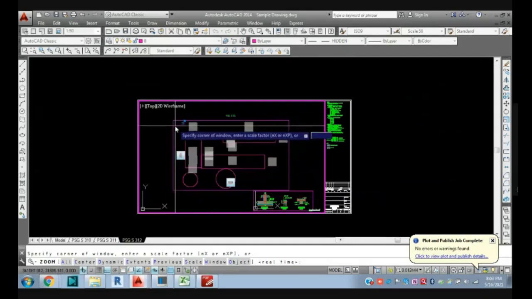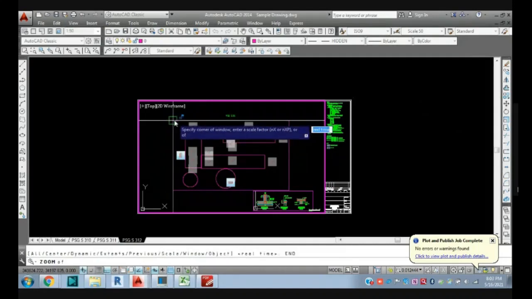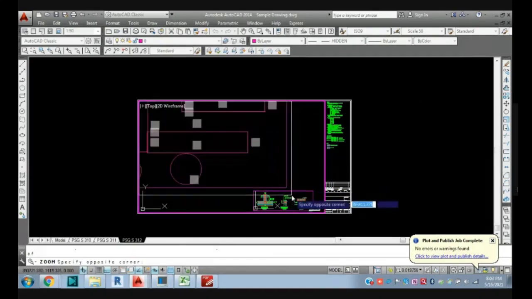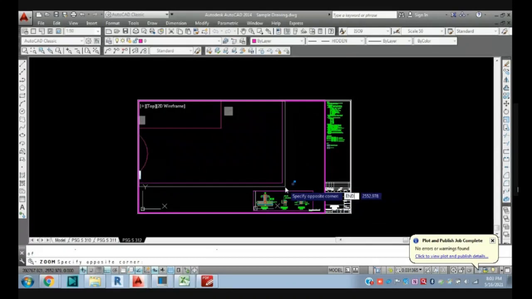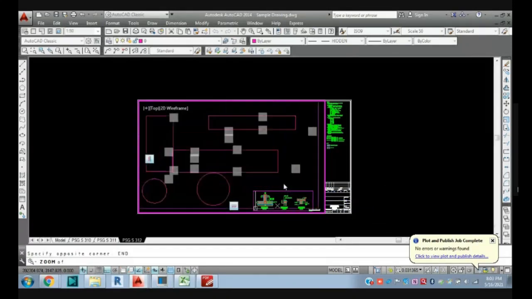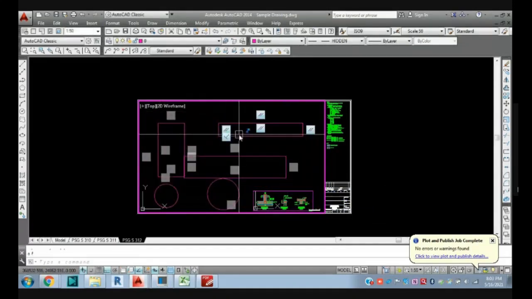If you're not getting the object snap, type end and press enter. Select this corner, go down, again type end, and select this corner. So your drawing has been set here. Once you are okay with this scale, just lock it.